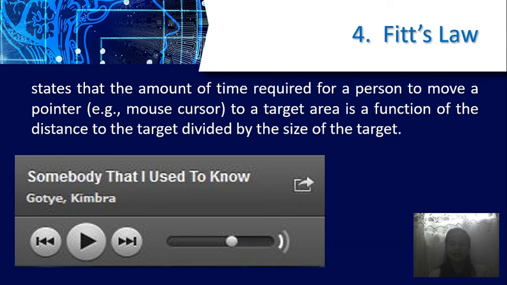To better understand this principle, I have here a picture. What do you see in the picture? The play button. The play button is the main goal, the easiest thing for the user to do: play.